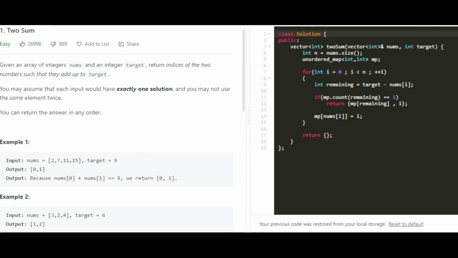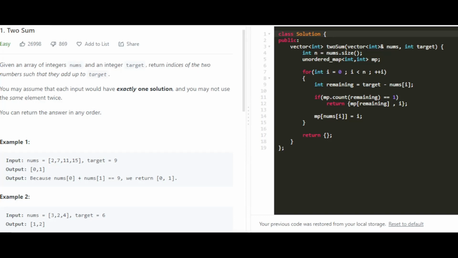So we now traverse the array elements, and for each array element we see what is the number to be added to that element to get the target sum. That number is equal to target minus the current element, and we check in the hash map whether that number is present.